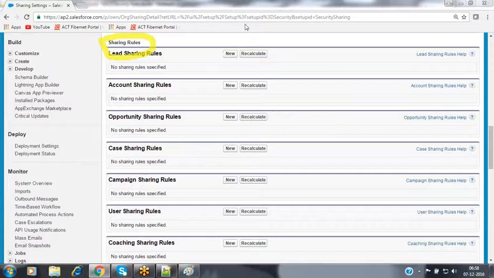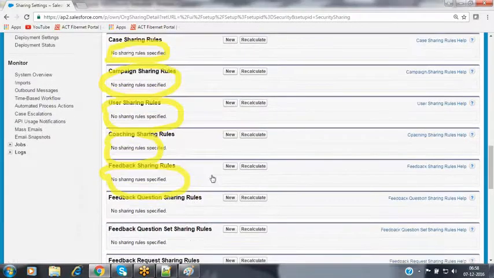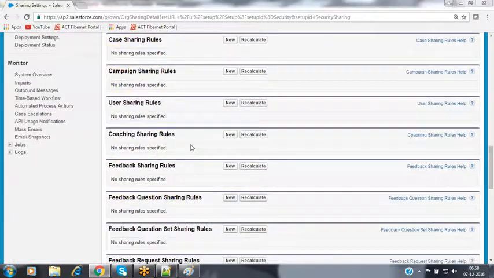In order to create sharing rules on each and every object, you will have a separate section available. Nothing but a separate related list, like lead sharing rules, account sharing rules, opportunity sharing rules, case sharing rules, campaign sharing rules, user sharing rules. Like that, so many related lists are available.